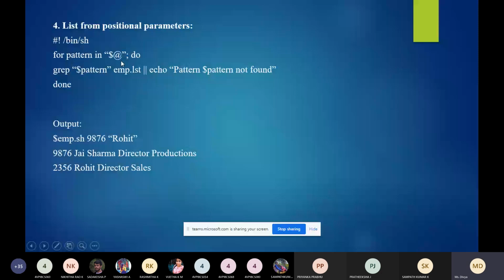So what does $@ tell? It is similar to $*. $@ will give each quoted string treated as a separate argument. So I can make use of $* or I can make use of $@. Here we are passing two arguments: 9876 is one argument, and the second argument is Rohit.